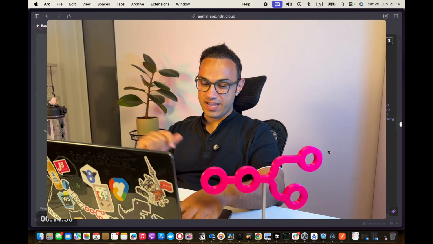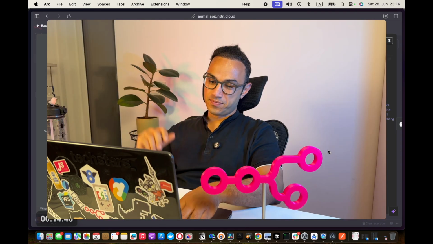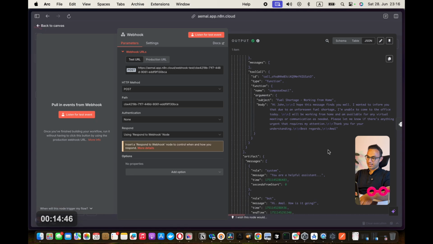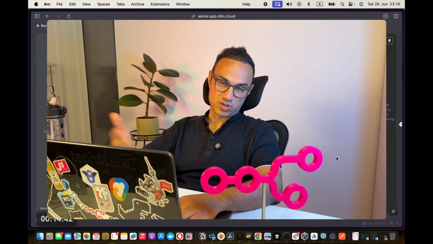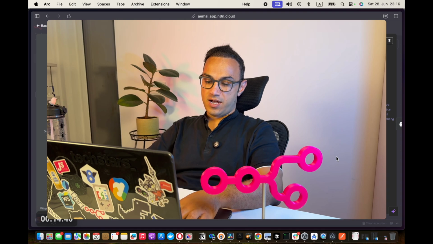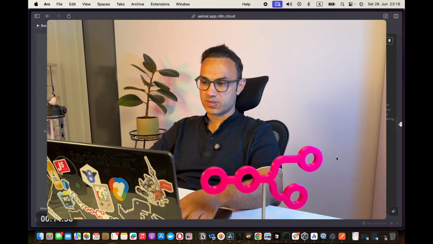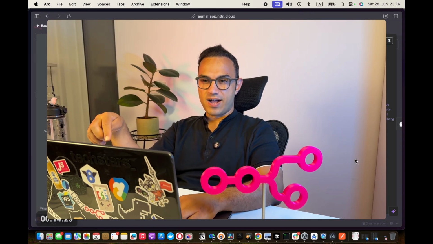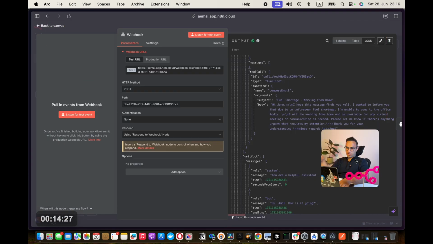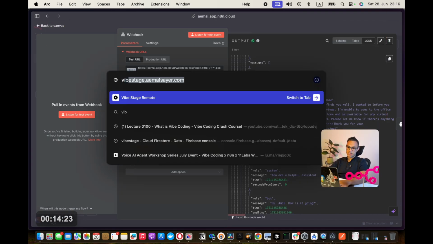So Command Shift F is toggling this thing. Command Shift D is toggling it between these things. This is software that I built myself as a part of my vibe coding crash course, and I am willing to open source it. Probably I'll open source this very soon. The first version is open source, but this is Vibe Stage 2.0 with a lot of other things. And all these emojis that you guys are sending me are also Vibe Stage.